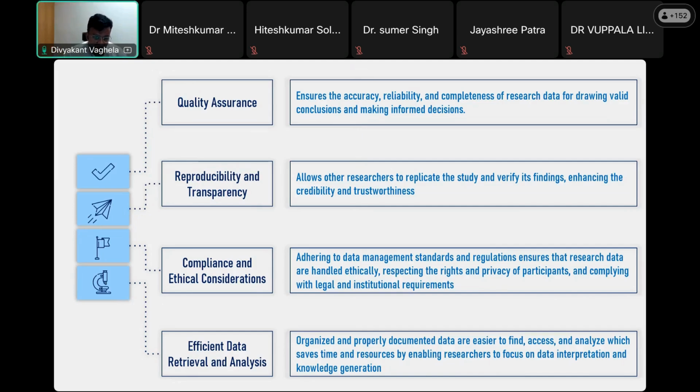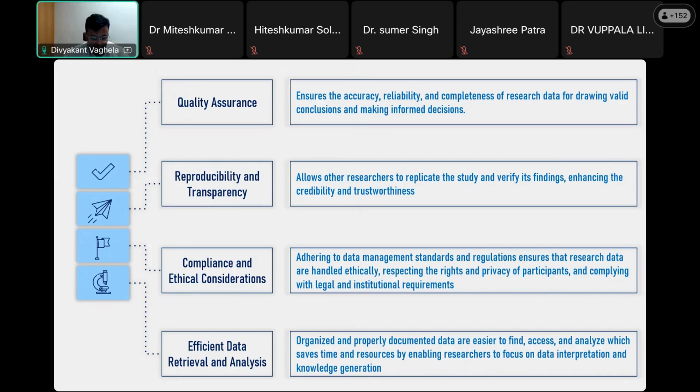As I already told you, it will enhance the credibility and trustworthiness in the researchers or in institutions or government. Once the proper data management plan is used, it is complied to the standards and regulations